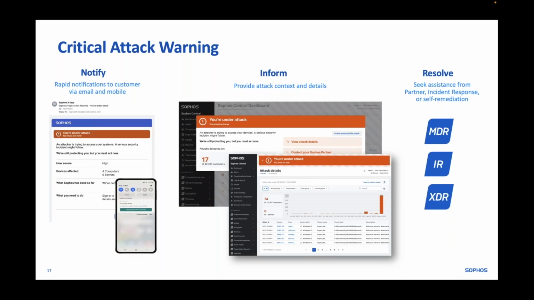So just a little bit of a call to action. If you are a Sophos customer already, then please just make sure all your contact details and settings are up to date to make sure if you are the unfortunate victim of a critical attack of this nature, that you're getting those notifications as quickly as possible and the right people are being notified so that you can respond accordingly.